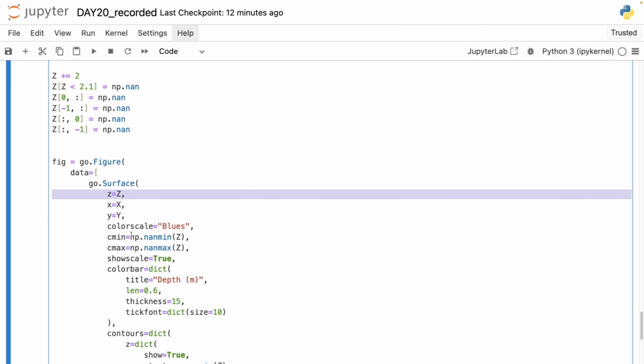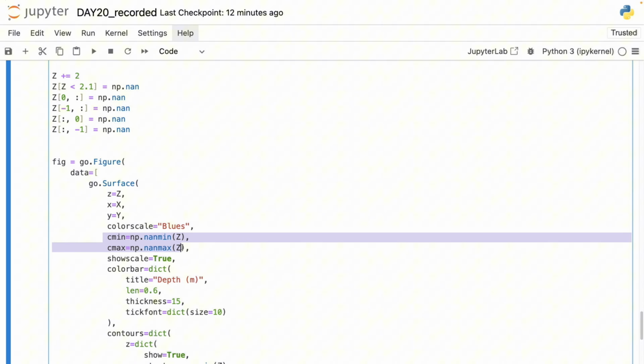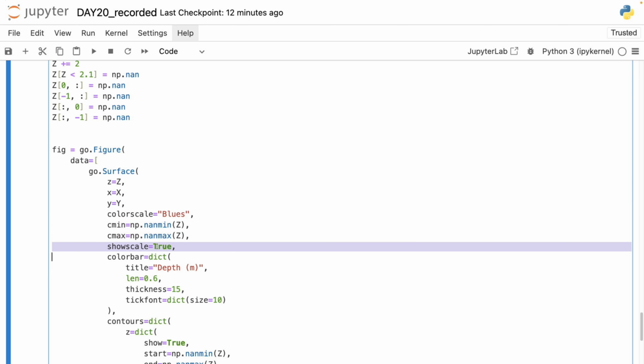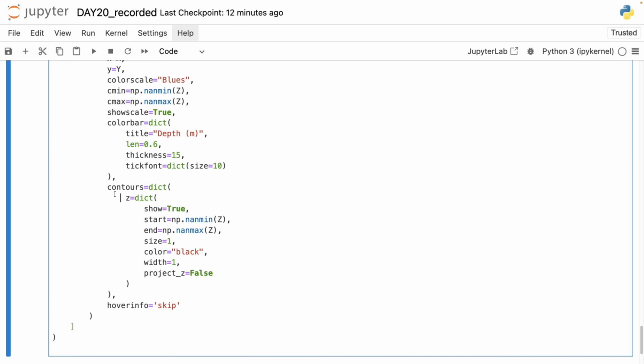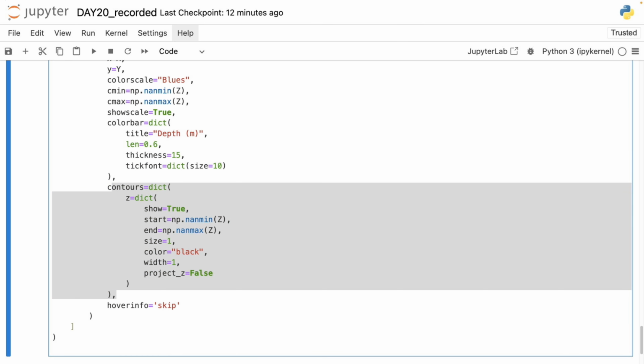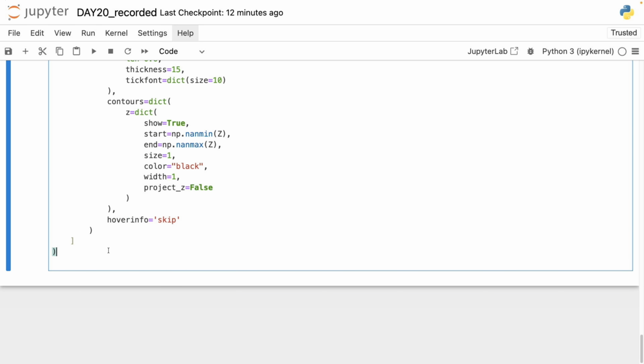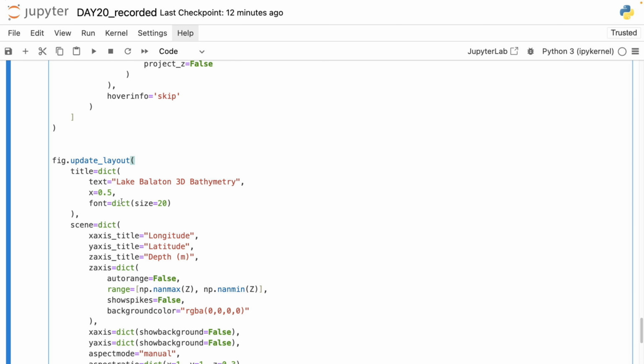of the data set. We will use blue color scales, we will use the appropriate min and max values, we will add the color scale, we will fine-tune and design the color bar and the contours. And then the layout, this will also need a bunch of customization parameters, but these are the things I nowadays